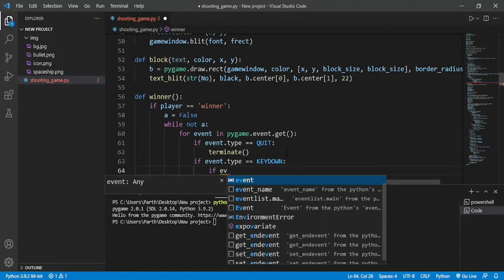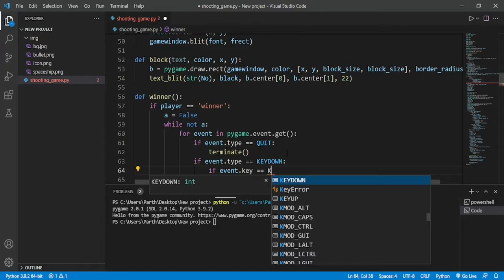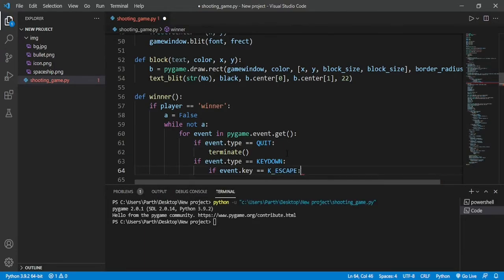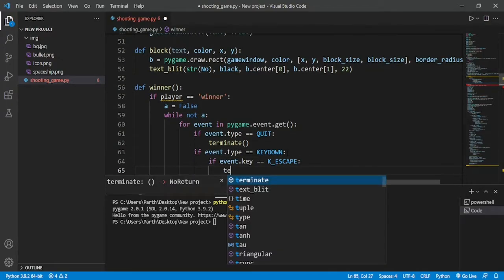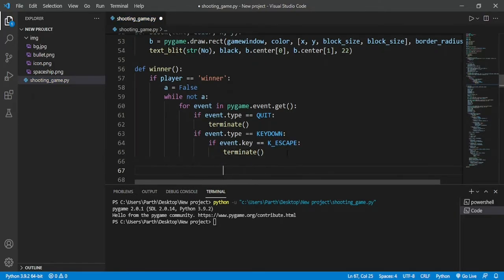So event.key is equal to, let's just say, escape. Whenever somebody is pressing the escape key on a keyboard, what we want is to run the terminate function.